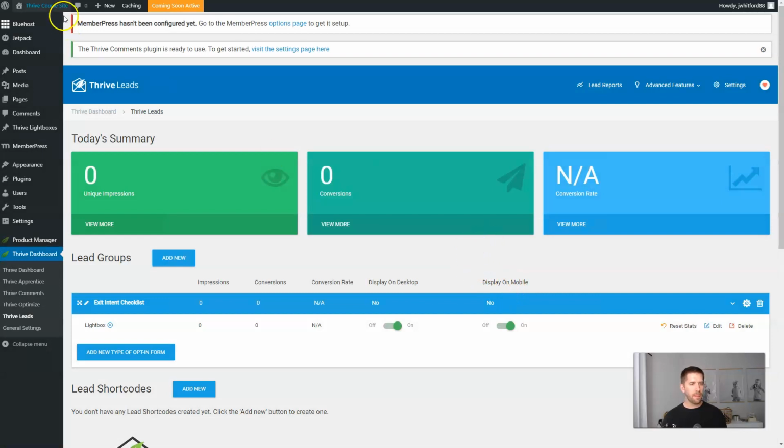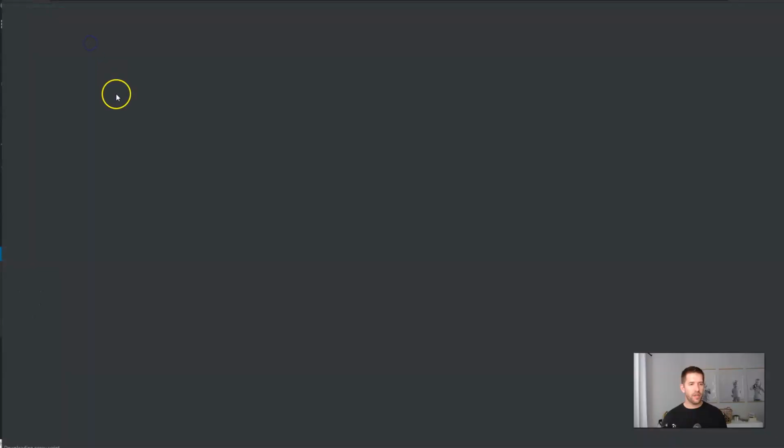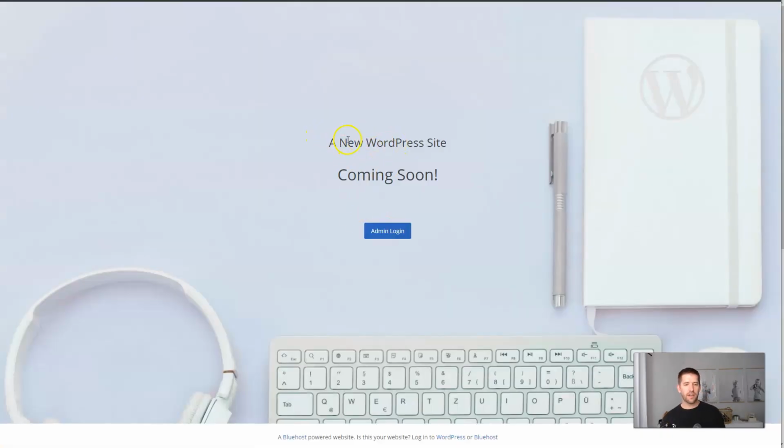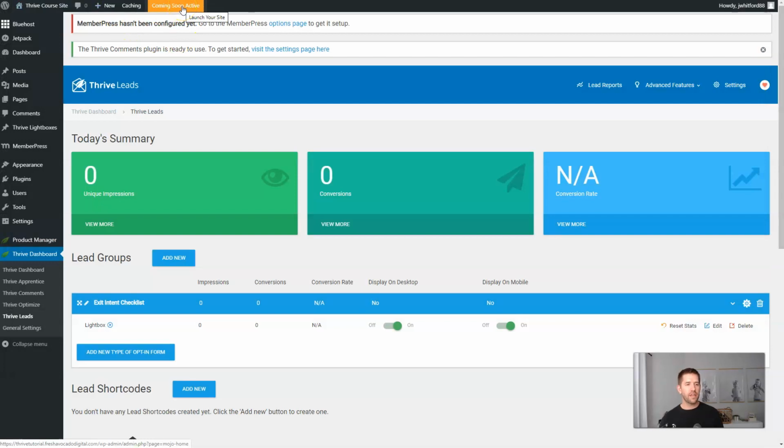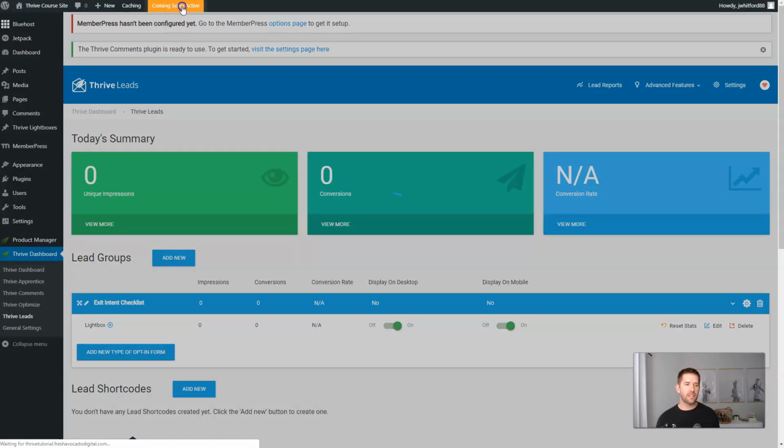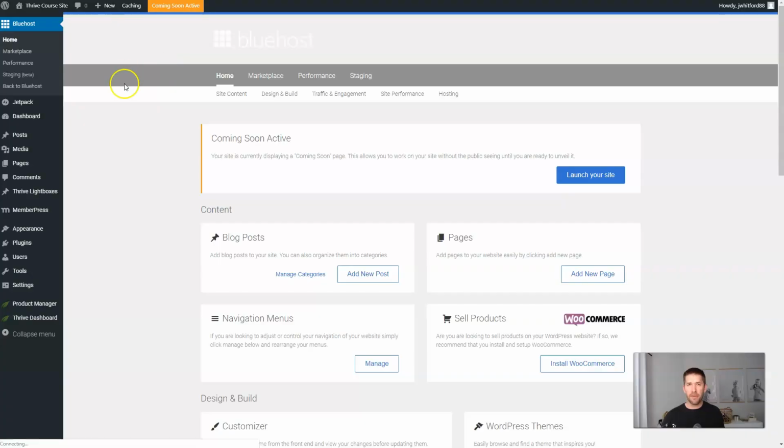And we should be good to go. So let's open this in an incognito window, just to give us something fresh. Oh, and we see that our new website is coming soon. So let's fix that. That simply means that we have what's called a coming soon on it. That allows you, when you're building your website, to not have to worry about the public finding it before you're